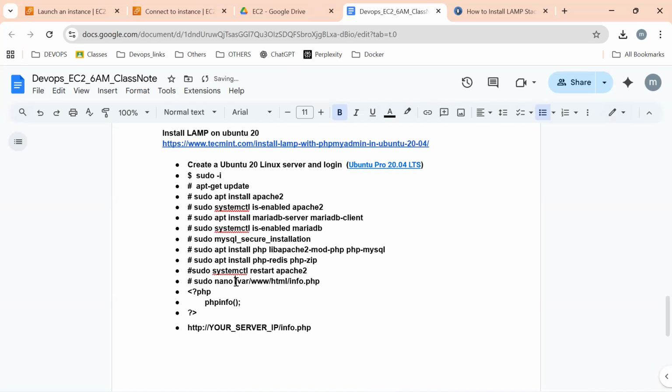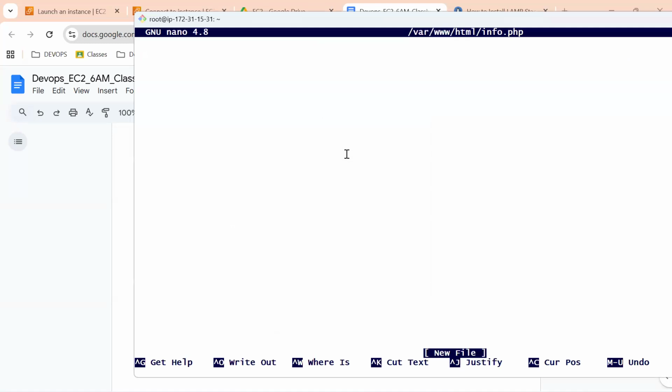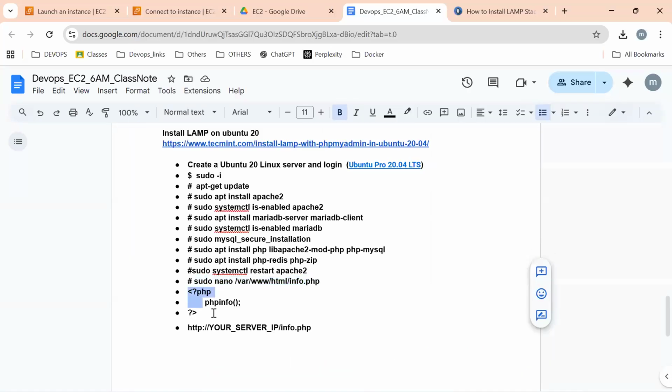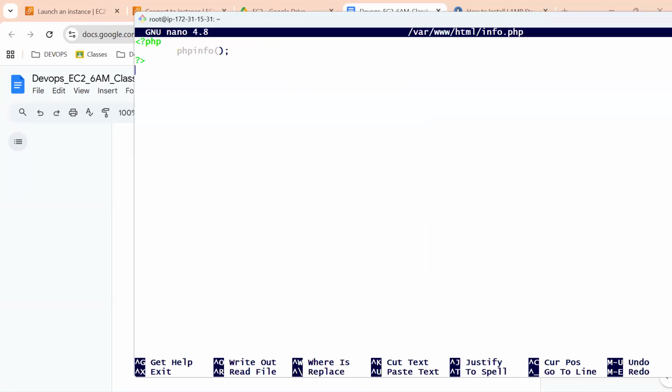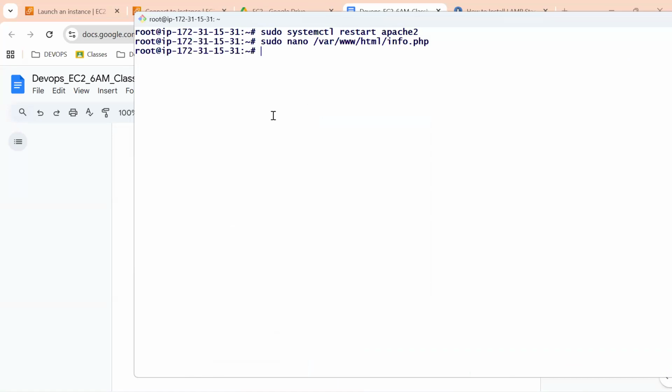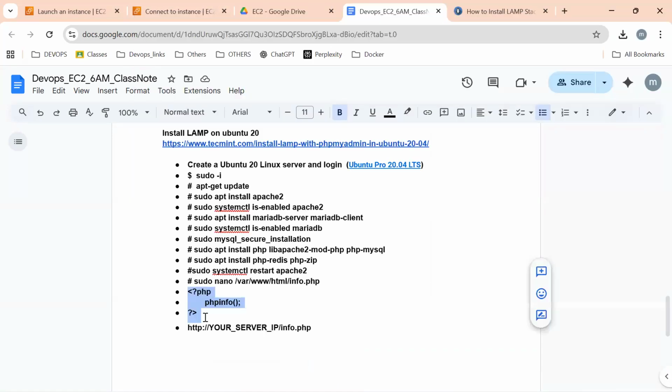Let us go for nano. Once it is open, please copy these 3 lines and press Control X, press Y, press Enter. I'll write it down here. Please use the same: Control plus X, press Y, and press Enter. Very easy. That's it. Our job is ready. So the LAMP is ready.